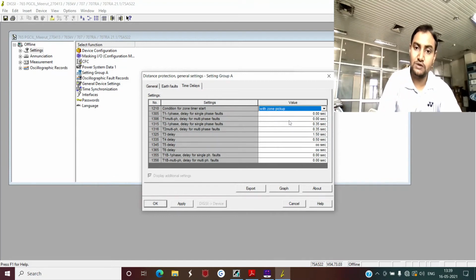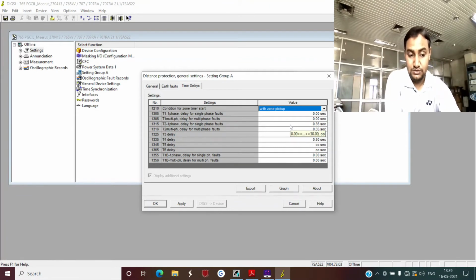But because of the non-directional nature of your relay, and we will discuss this T5, which is your non-directional zone 5, once your relay has detected a fault anywhere in the power system network, this non-directional pickup will start the timers of all the zones, that is zone 1, zone 2, zone 3, zone 4 and zone 5. Now suppose after some time your timer has already started, counting 1, 2, 3, 4, 5, 6, 7, 8, 9, 10, and suddenly your fault enters into the zone 2 reach.